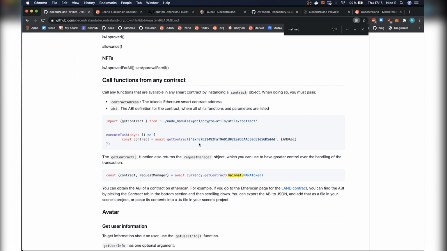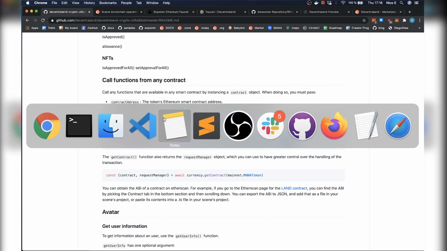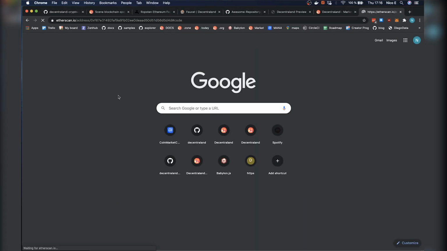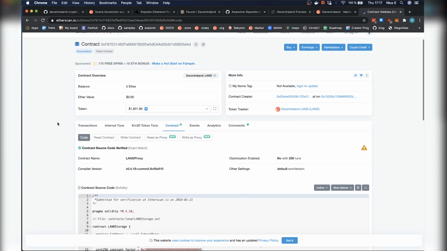This particular getContract actually requires that you send it 2 things. One is the address of the smart contract that you want to deal with, and the other is the ABI. So if you're already quite familiar with blockchain development, this will be something you're already quite acquainted with. But an ABI is basically a manifest of all of the functions that are available in a contract, and you can obtain an ABI for any contract if you go to the Etherscan page of any one of these contracts. For example, if I go here to the Etherscan page of the land contract,